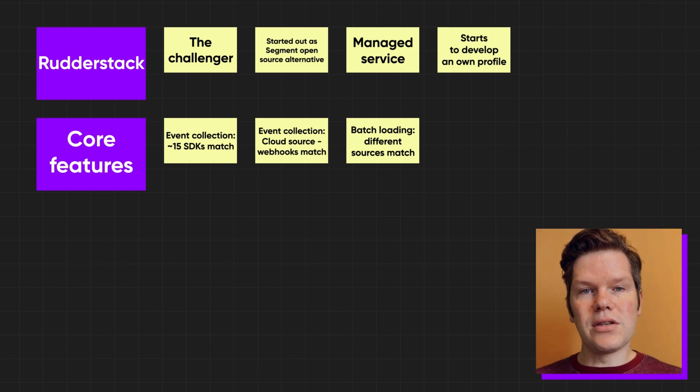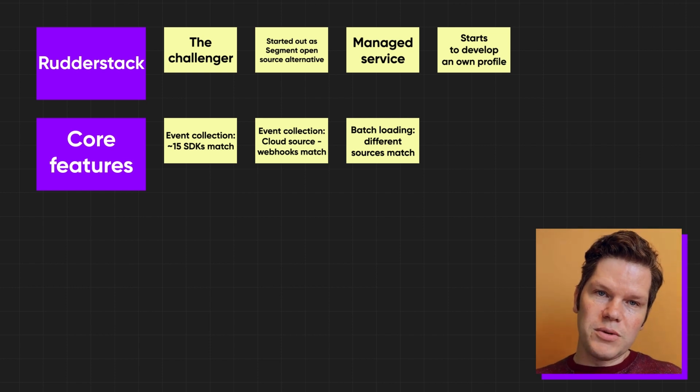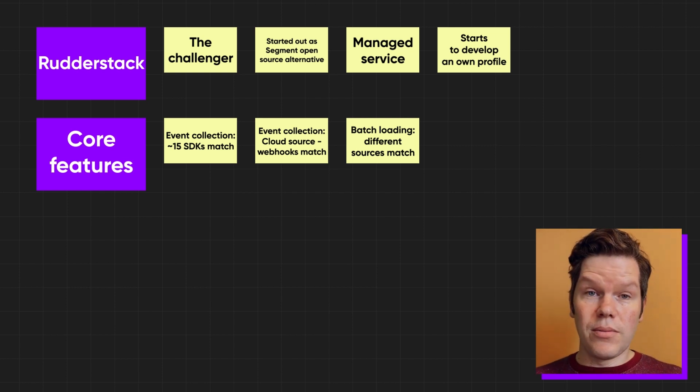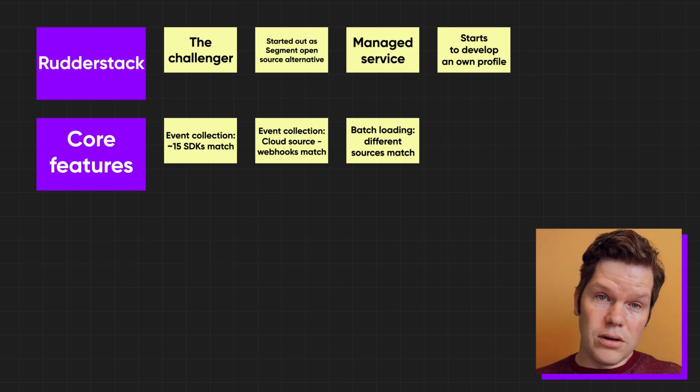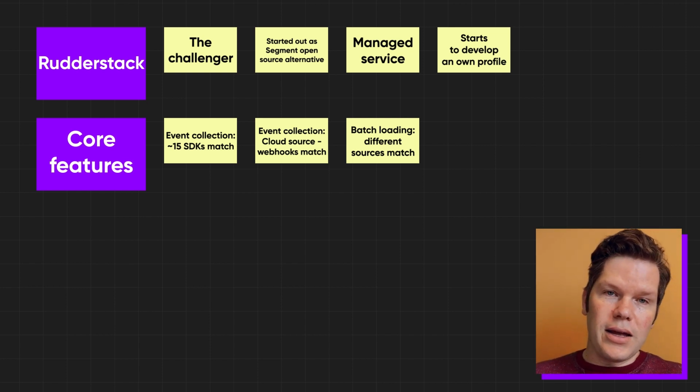Batch loading is different. Batch loading is usually when you load a whole chunk of data from a specific kind of tool like Stripe, once a day for example, and you sync it down to a data warehouse. This is something you can do through Segment. Early on, it was always there, and you can also do it through Rudderstack. And here again,